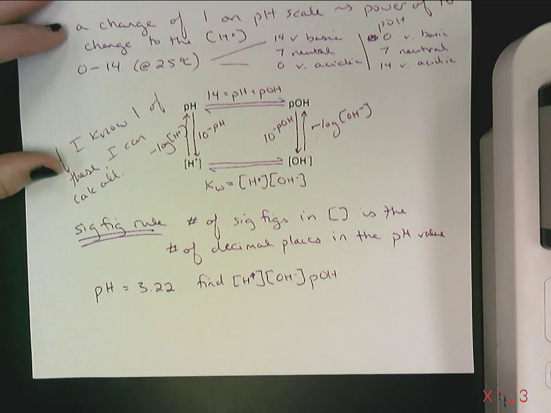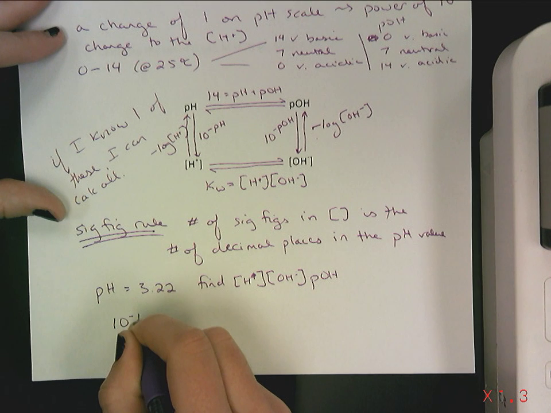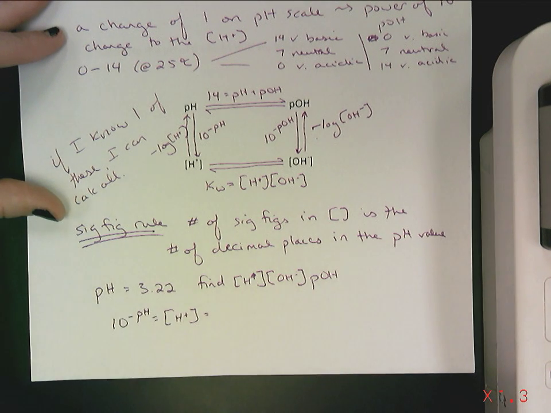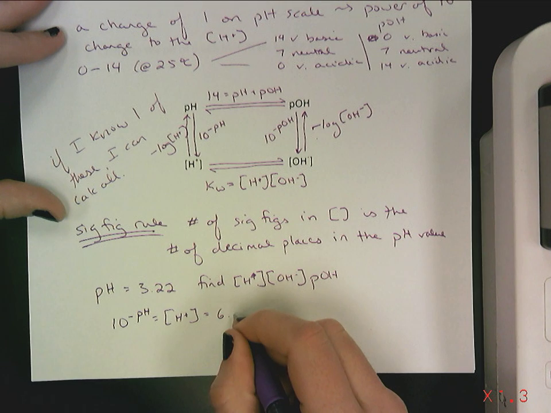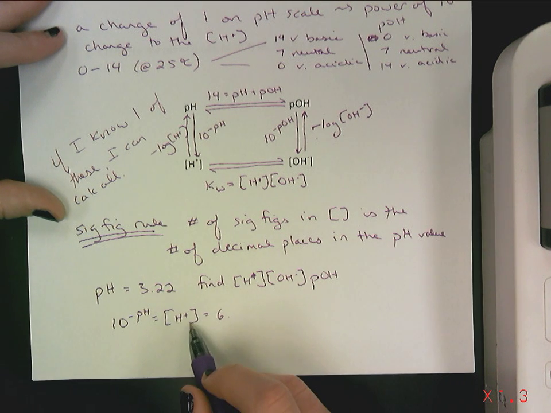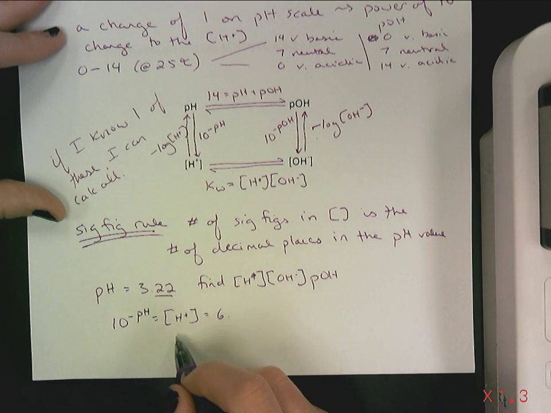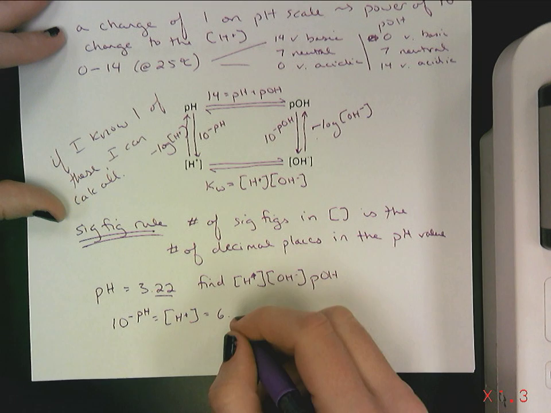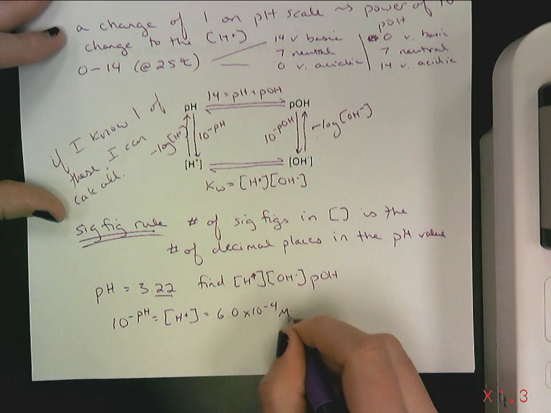I'm going to go from pH to H plus, so I know that 10 to the negative pH is equal to the H plus concentration, which in this case is 6. And now looking at my sig figs, I'm looking for a concentration. I know that the number of sig figs in my concentration has to be the number of decimal places in the pH. So I just want 2 sig figs, so 6.0 times 10 to the negative 4th is my concentration